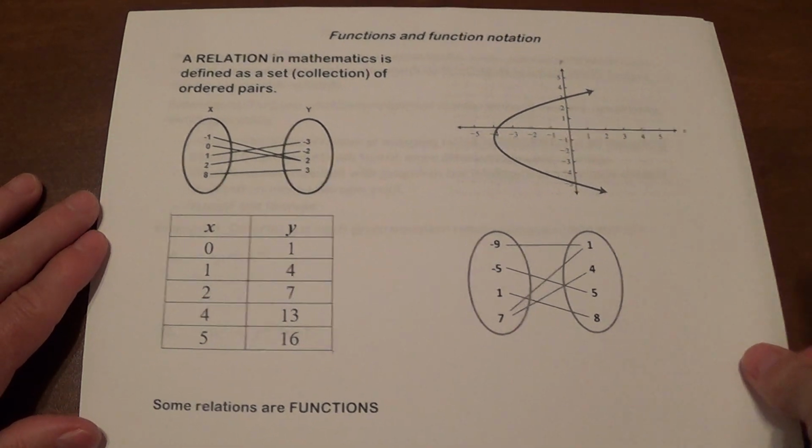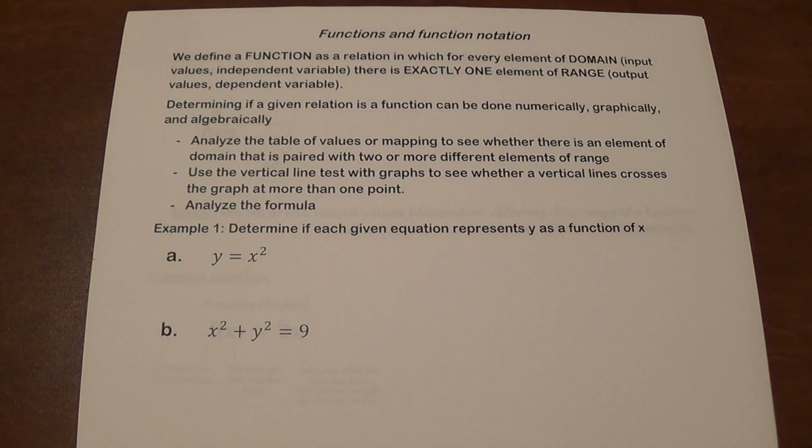So some relations are functions, but that requires something to happen. We define a function as a relation in which for every element of domain, which is our input value or independent variable, there's exactly one element of range, which is our output value or dependent variable. So how to determine if a given relation is a function, you can do it numerically, graphically, or algebraically, depending on how